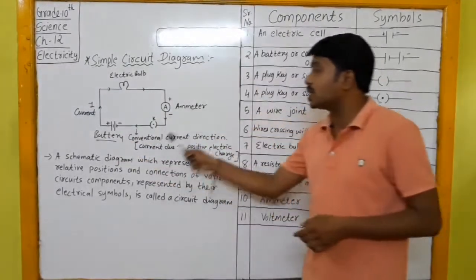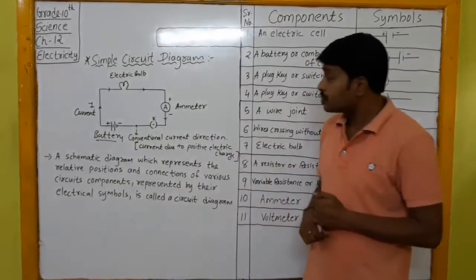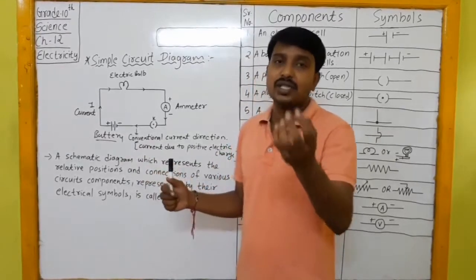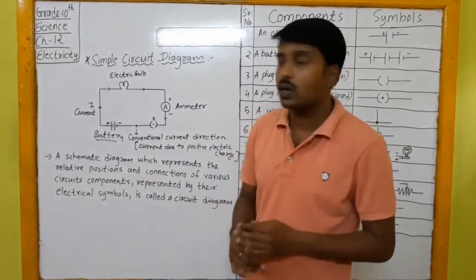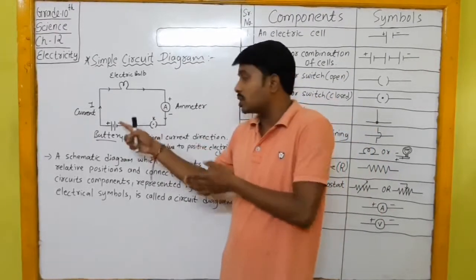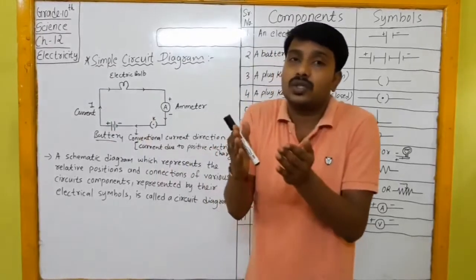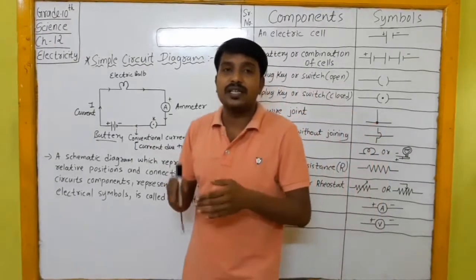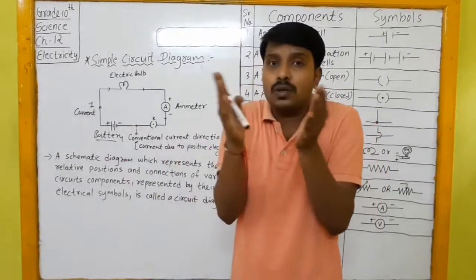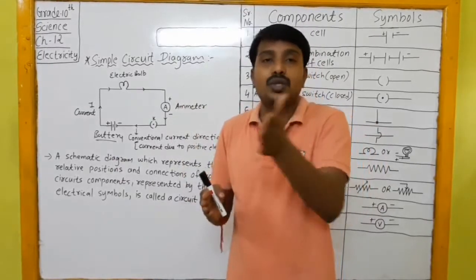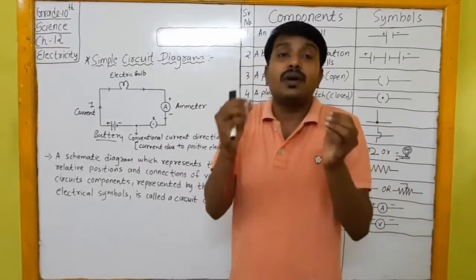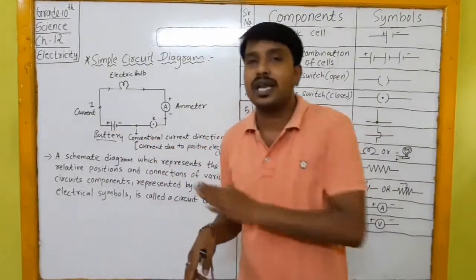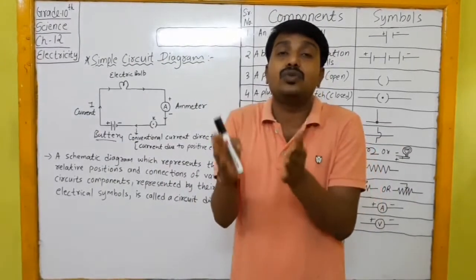So here is the simplest circuit diagram I have drawn on the board. This is the battery, the important part of the circuit which provides the electric charge necessary for the formation of electric current, because by the flow of this electric charge coming out of the battery, our electric current is going to be formed. Now, the direction of electric current is of two types: one by the positive electric charge and the other by the negative electric charge. But whatever direction is shown in the circuit is the conventional electric current direction, that means the direction due to positive electric charge.